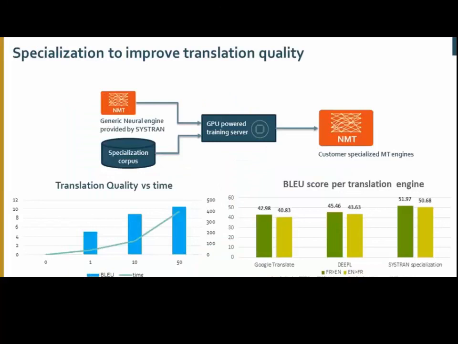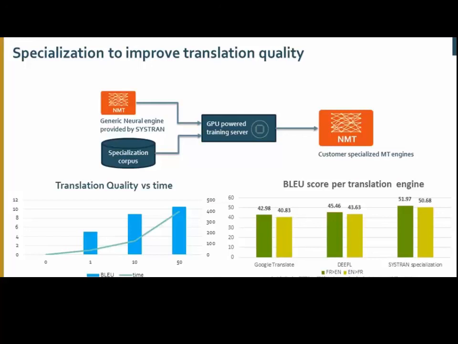And I want to end with this: the really high value we add on top of the technology is what we call specialization. When you have a machine translation engine, it could first be a generic one, which we train ourselves with our resources or generic corpus.